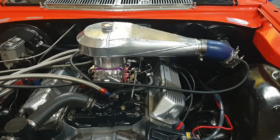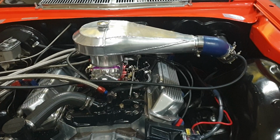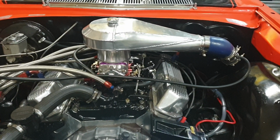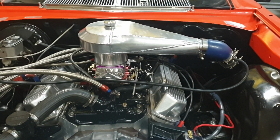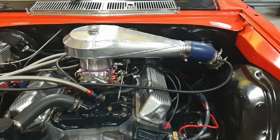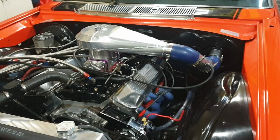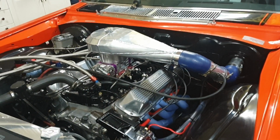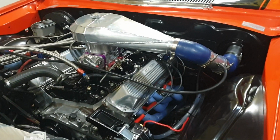And Simon, you've excelled yourself, mate, on this one with your design and the science behind it. It absolutely works, and I'm just so happy. It's bloody awesome, and it looks incredible too. So, absolute win with that carb hat. Hats off to you. Oh, that's a corny joke. Anyway,